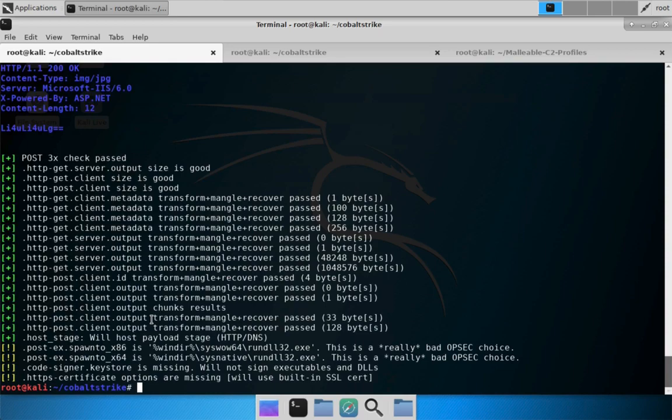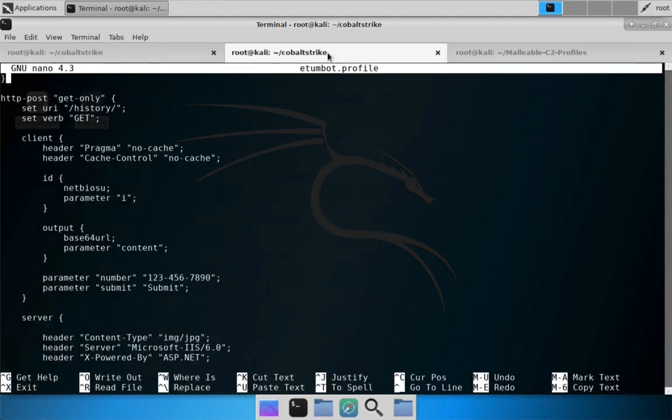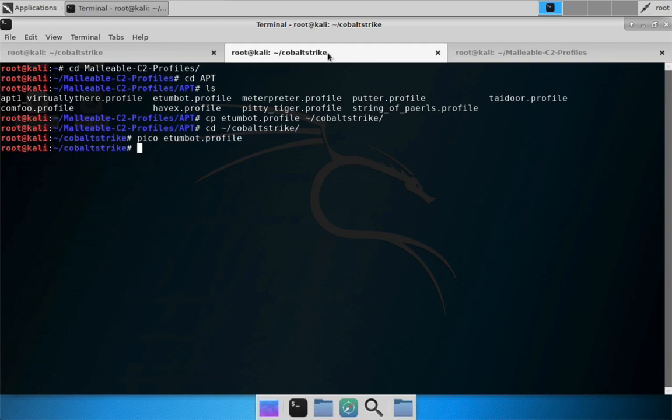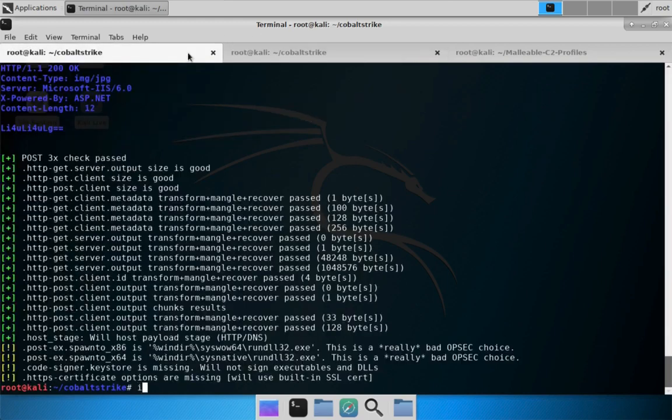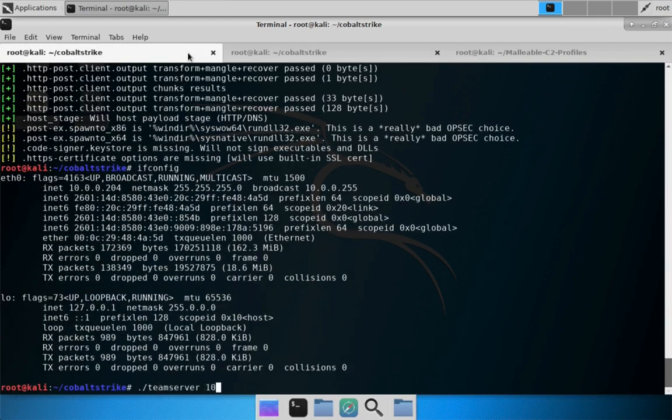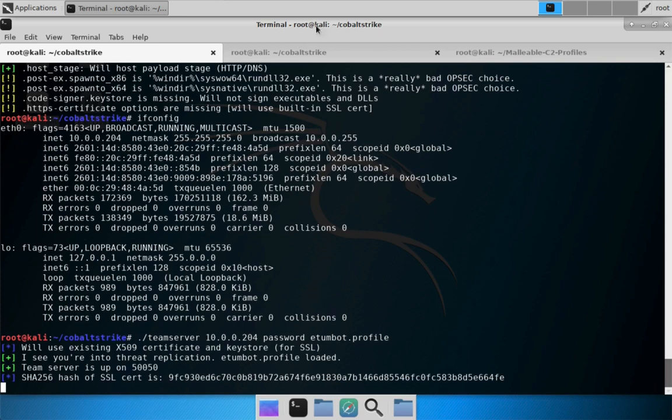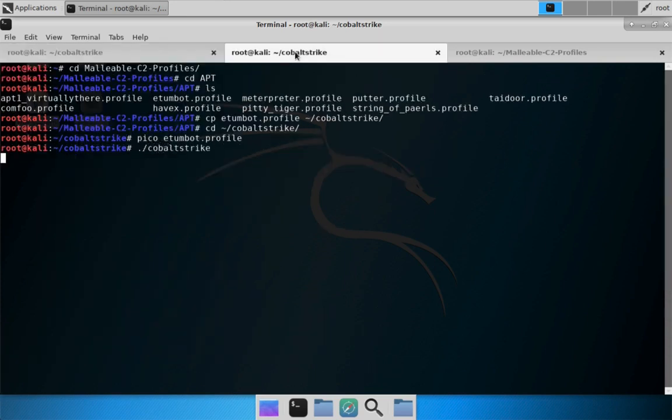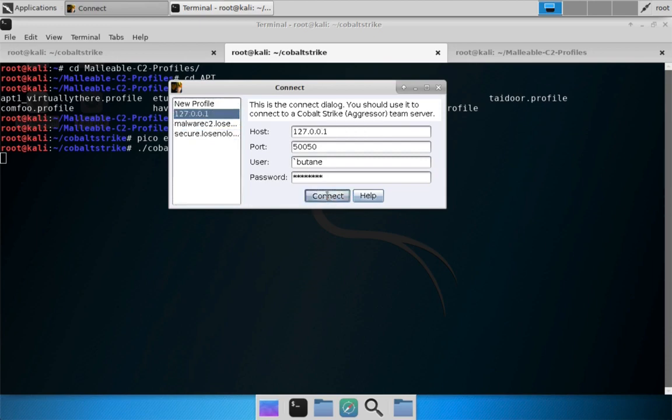All right, very exciting, right? Let's try this out and take a look at some of this traffic in Wireshark. So first, I'm going to start a team server. Actually, we'll do it right here. So starting up a team server, password, eTombot.profile. We'll start up our Cobalt Strike client, connect to localhost,